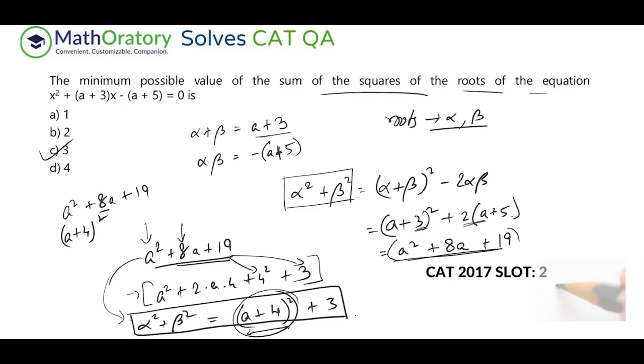Now, once I've written this, I'll think about this part. This is 4 square here, that is 16. So what else do I need? 3 to satisfy this 19, right? That itself will tell me whatever is giving me the minimum. I don't need to write this in-between step to figure this out. So that is it for this question.